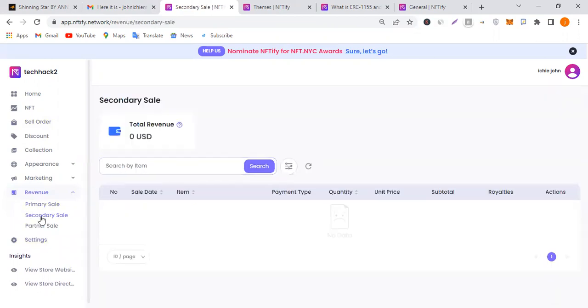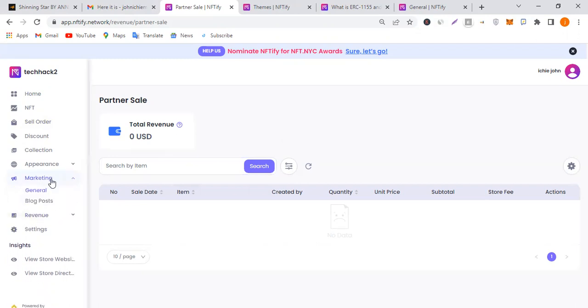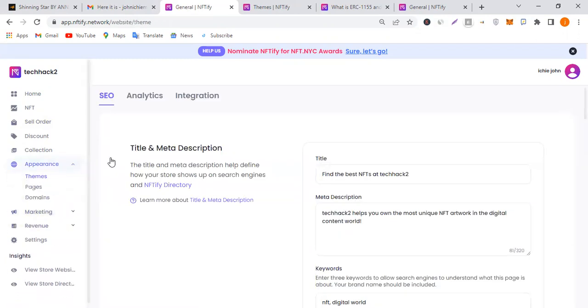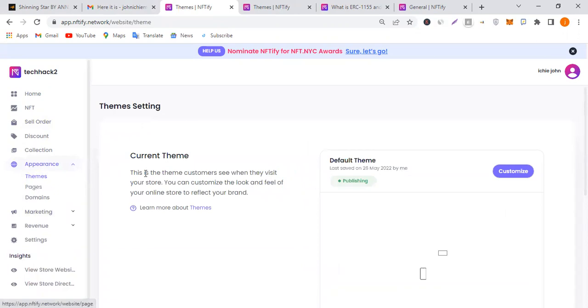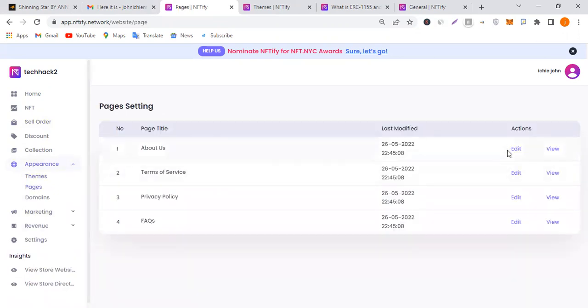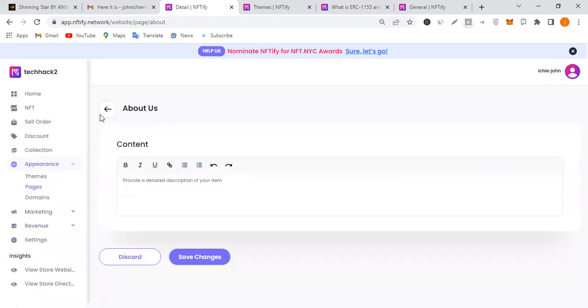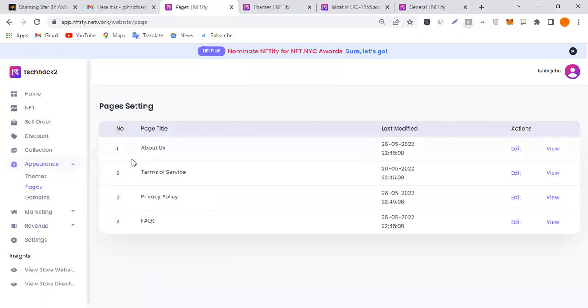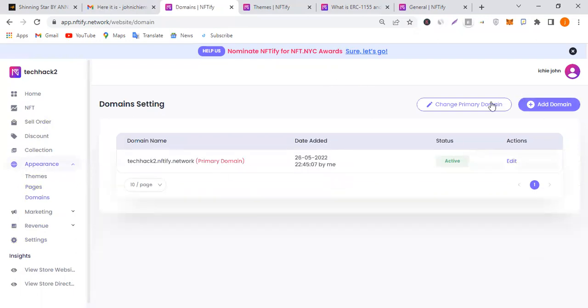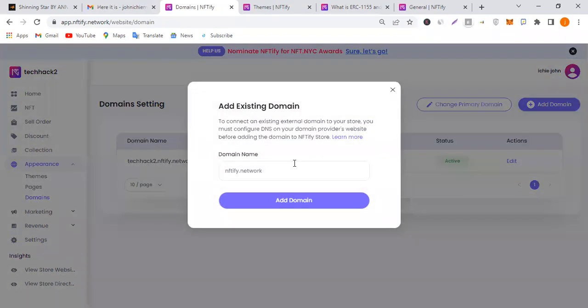Now, this is where you check your sales. Now, collaboration. If you want people to come and sell on your store, you have to invite them. So now for the pages, this is where you go to change it. So just click edit, then you put in the information that is about you, terms of service, privacy policy, and frequently asked questions. Now for the domain, quickly, if you want to add a domain,